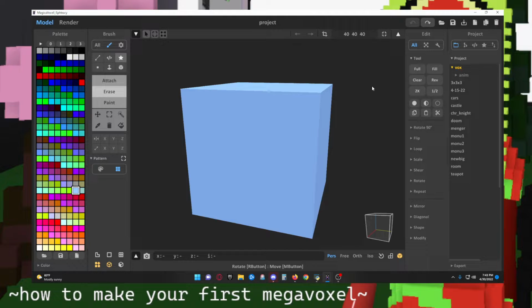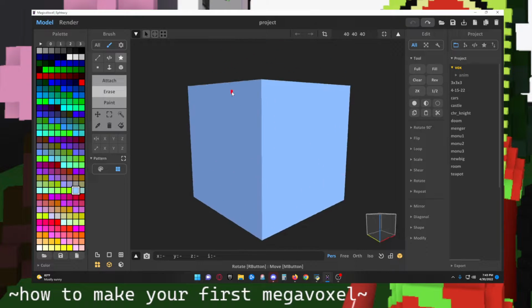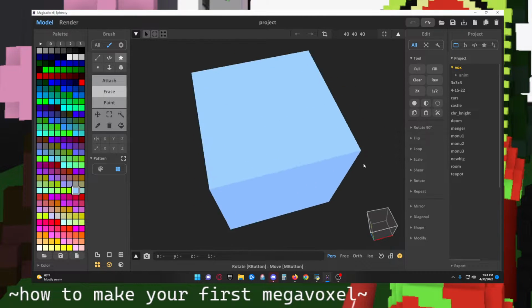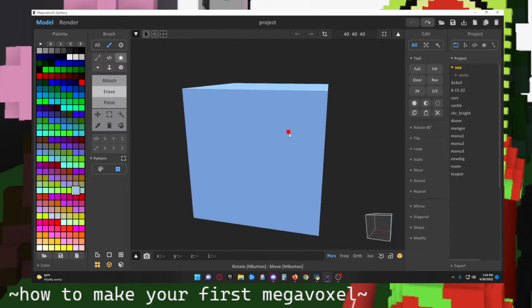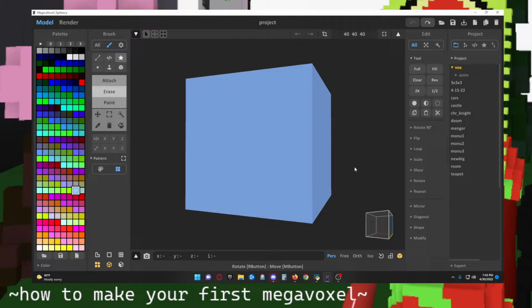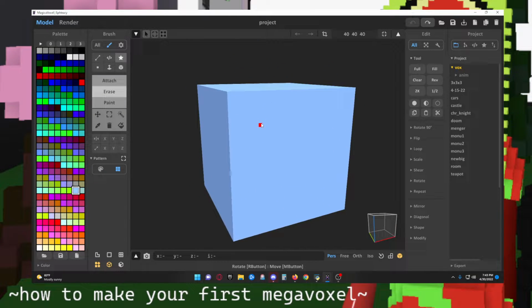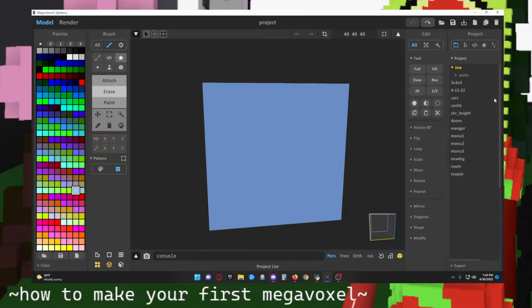The first thing that you're going to want to do is find a shape to start with, because if you do a megavoxel block by block, it's really a lot. But I mean, you can do that. I'm not saying that I've never done anything like that before, but it just depends on what you're doing. To start off, it's best to use the shaders to get some kind of shape going. So over here, under the projects thing, you go to projects, you have outline,